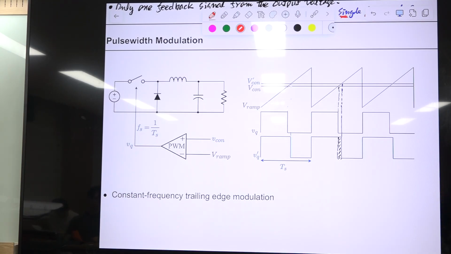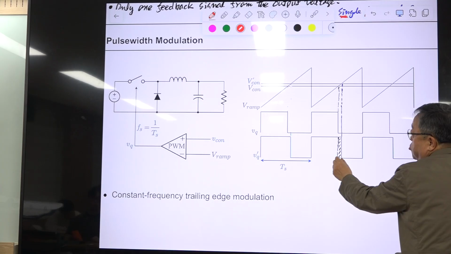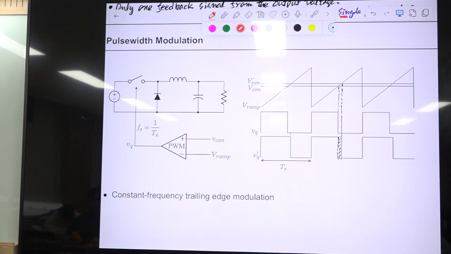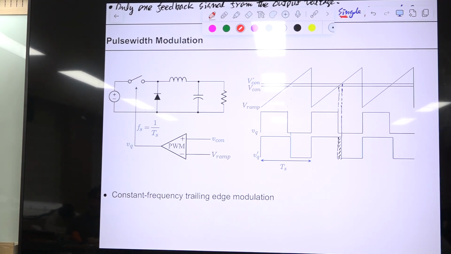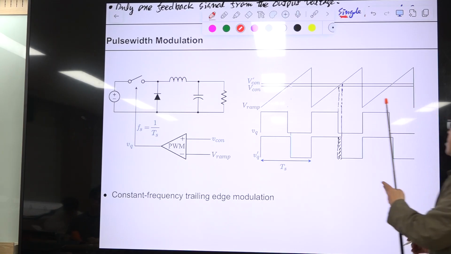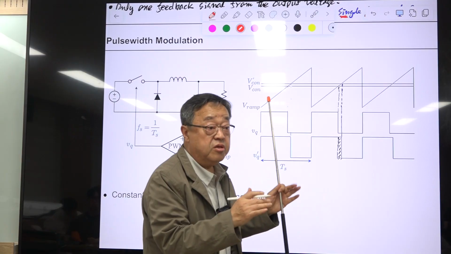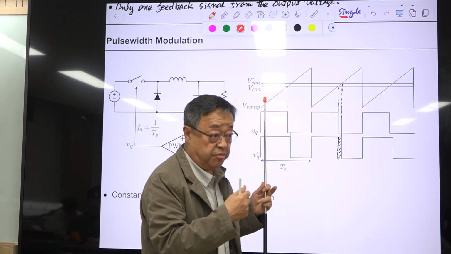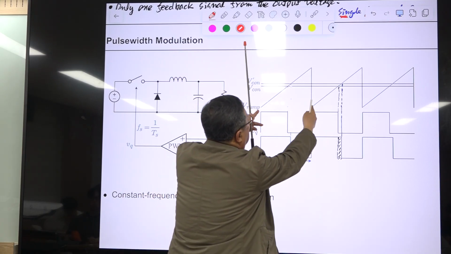Modulation means you are changing something. You are changing pulse width within this region. So this is called trailing edge modulation. There is another scheme. Maybe you modify this ramp function, then the duty ratio will change in this region. That is called leading edge modulation, and with some kind of triangular waveforms, this edge and this edge will change altogether simultaneously. That is called dual edge modulation, and this frequency of switching is the same as frequency